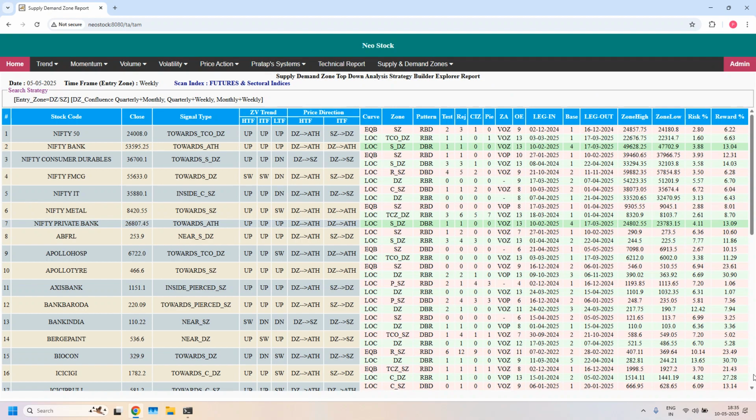First 16 stocks on the list. Nifty, Bank Nifty, both weekly demand zones are overlapped with monthly and quarterly. Oh, good. Scrolling the list down,